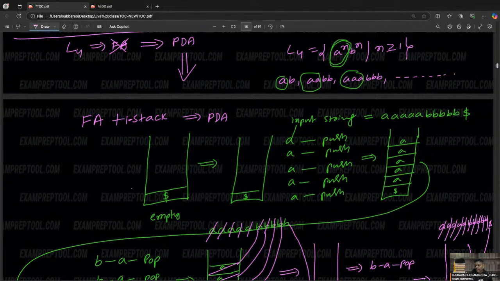So from today onwards, if anyone asks you, can you construct a PDA for the given problem? Very simple. Can you solve that problem with one stack or not? Check. Here I have to compare number of A's equal to number of B's. Some people ask, sir, how to compare? When A is coming, push in the stack, because you have to compare with B's. Whenever B's are coming, for every B, pop one A. For every B, don't pop many.